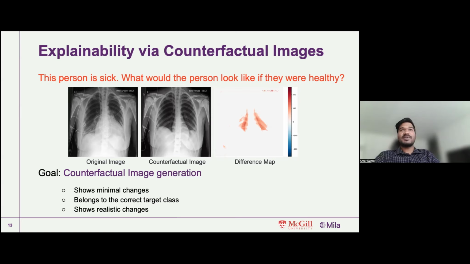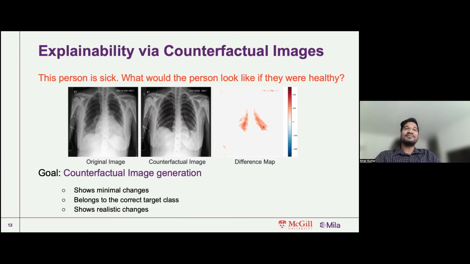So to look into the explanation a bit more, I'm just trying to see if I can grab my cursor here. I think this should be visible. Yes. So the heart is located in humans over here in the central region. So if there is an abnormal enlargement, you can see that this region is enlarged. But if this patient were healthy, this enlargement should not be there, which is shown over here. And a difference map of the two is clearly able to show that these regions should be there had the person been healthy.